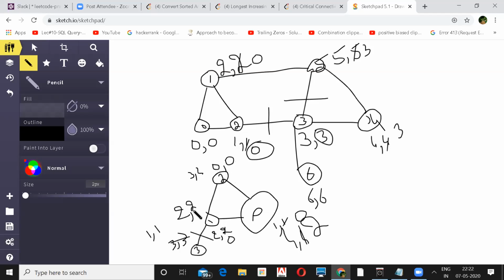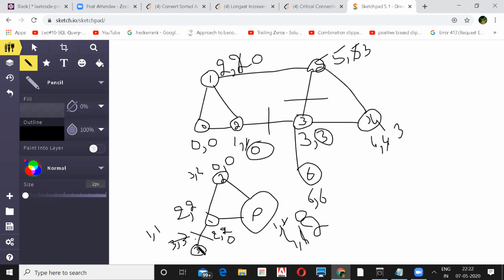So when you come back to 2, this will be 3 2, something like that, and then you will come to 2 2 because you are backtracking from 3 3. So this cycle will have the same low value.